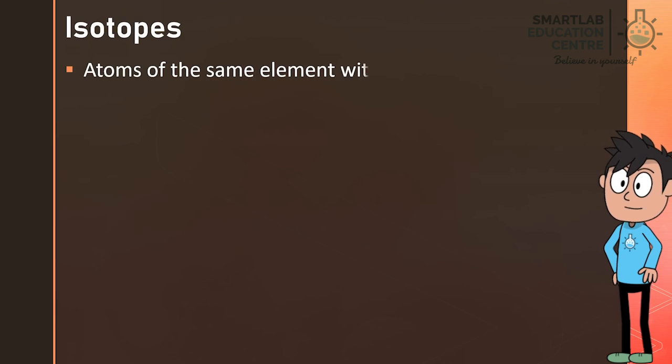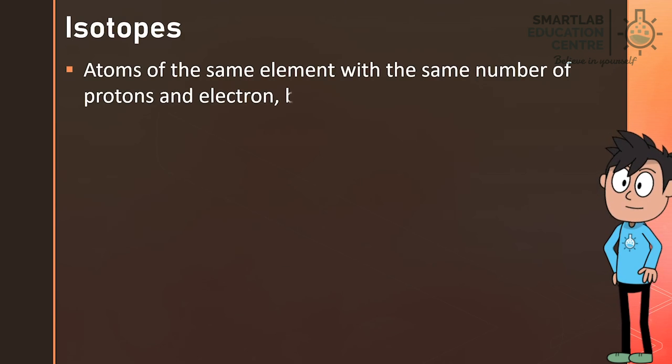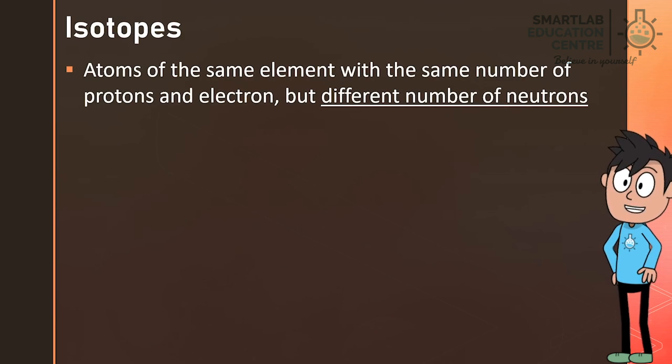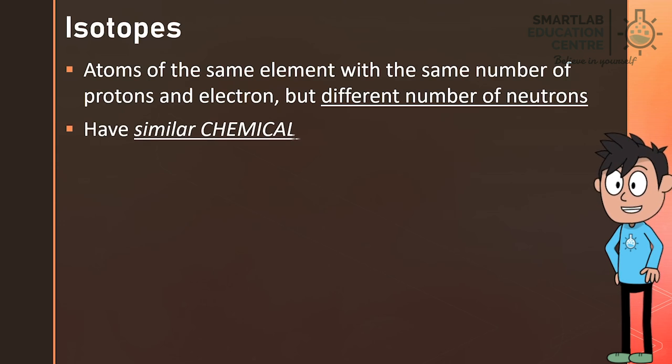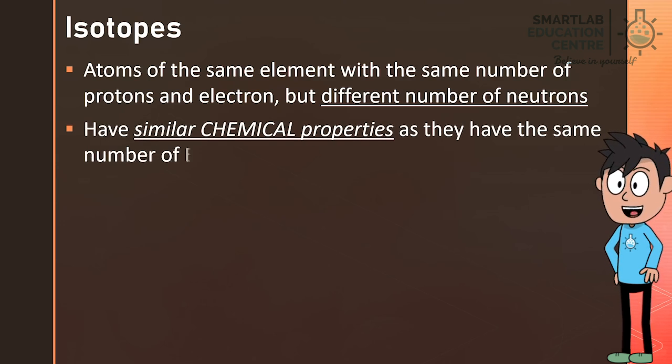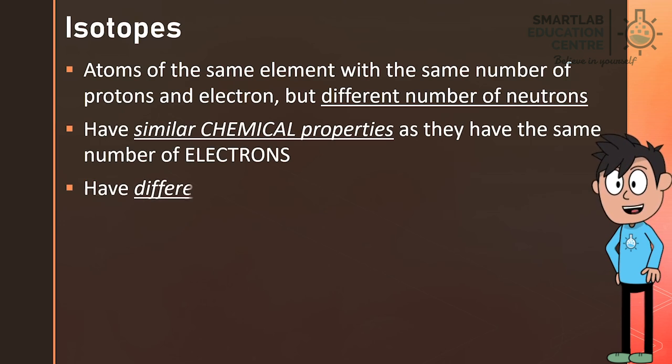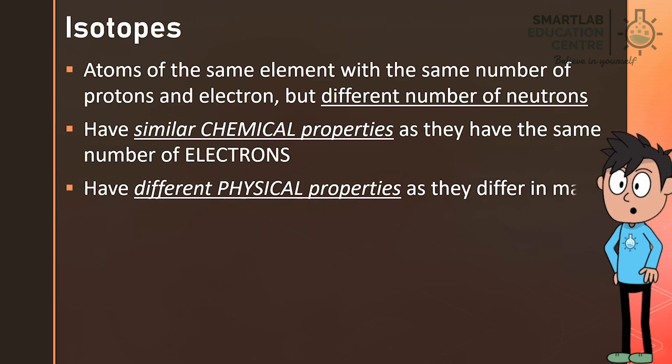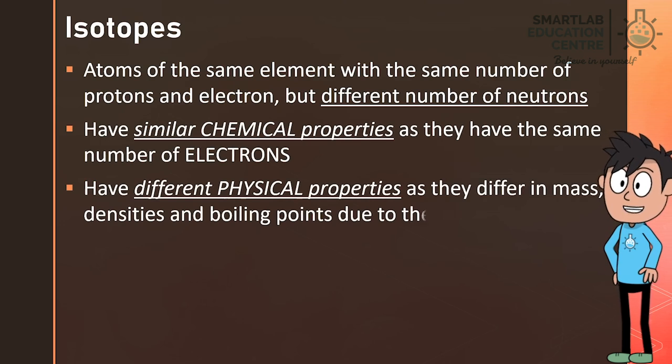Isotopes are atoms of the same element, with the same number of protons and electrons, but different number of neutrons. Isotopes have similar chemical properties as they have the same number of electrons. Isotopes have different physical properties as they differ in mass, densities, and boiling points due to the different number of